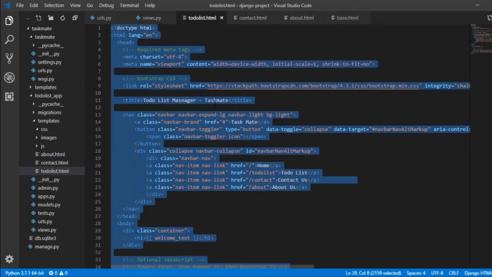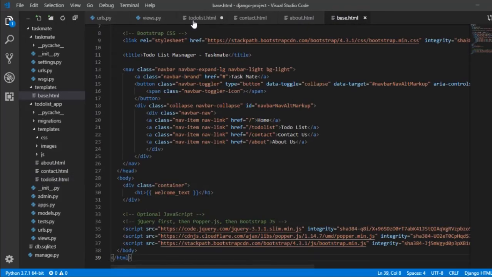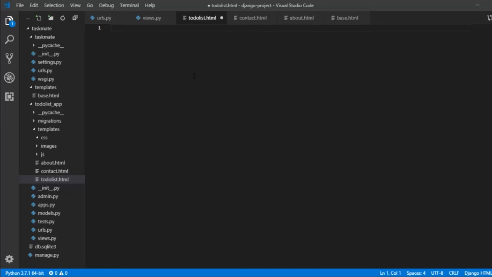Now what I need to do is take the common content and paste it here, and I need to extend my base.html here. So just use this command: curly braces, percentage symbol, and use the command extends and then the file name. Once you have this simple habit, you can just use extends directly and our Django extension will autocomplete that. Here you just need to give base.html.